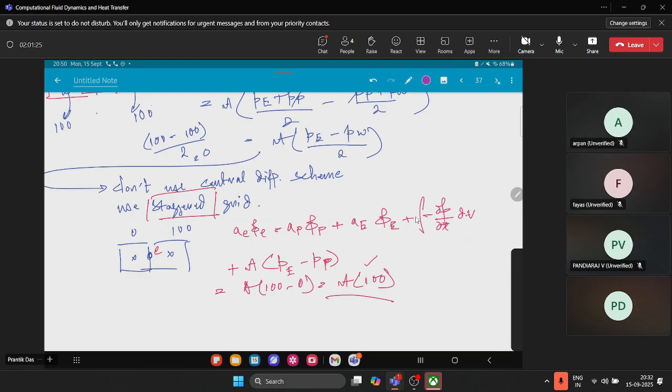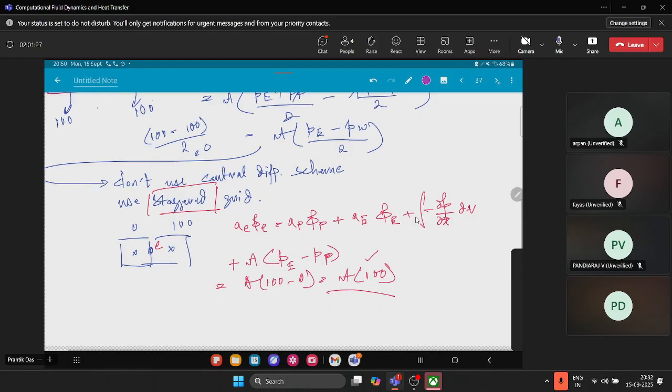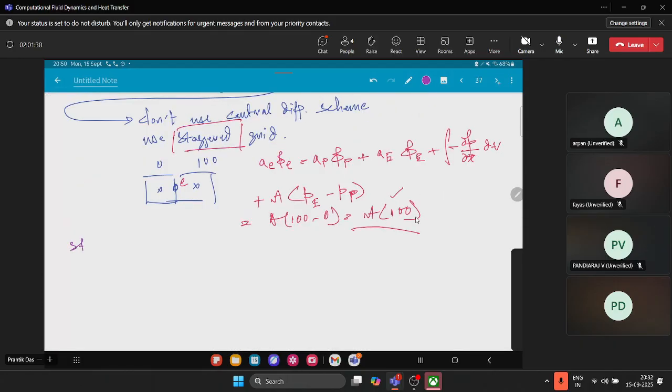Fine, sir. So this staggered grid, there are multiple solvers which actually use both configurations, but that should be backed by logic. So this staggered grid is used in one algorithm which is called the SIMPLE algorithm, Semi-Implicit Method for Pressure Linked Equations. So where we are going to solve the continuity equation and the momentum equation in a coupled manner,